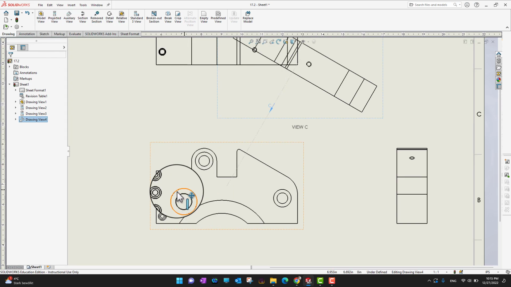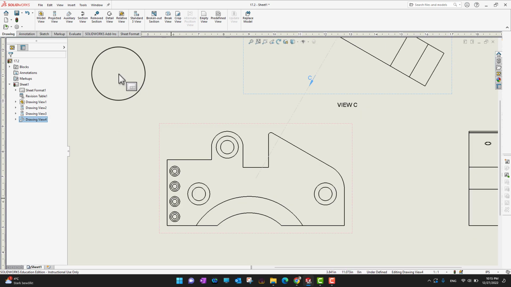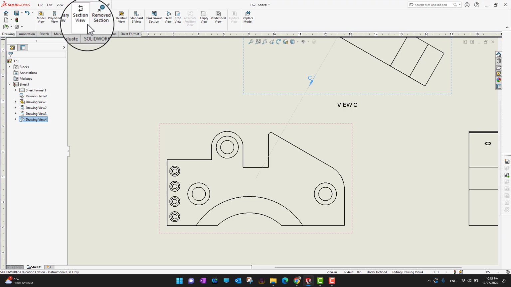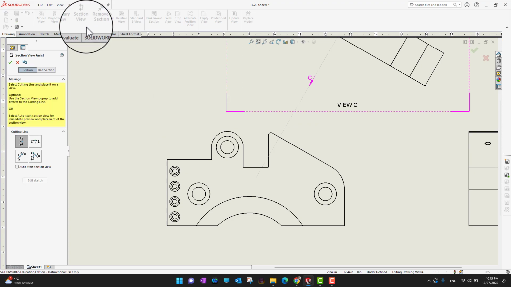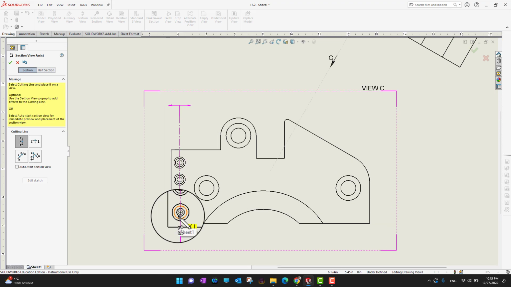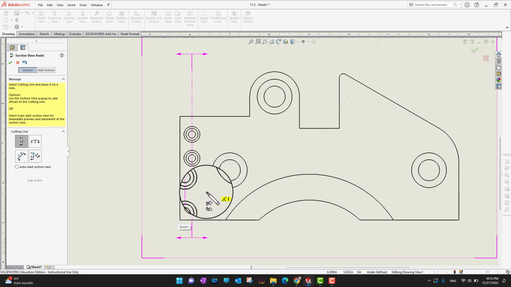So if you are not clear about some part, if the drawing is not clear for you, to explain it more, you can just use section view, and then you can bring your section view into any specific part of the drawing. Suppose I am not sure about these holes, so I can just bring my section